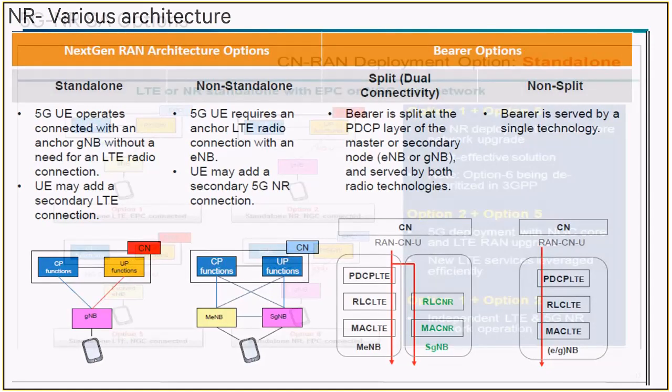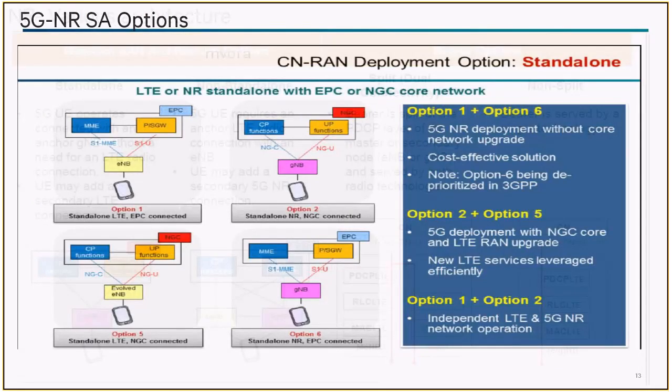So these are the different standalone configurations that are standardized in 3GPP. Not everything is popular. For example, option 1 and option 5 more or less are out of contention. Nobody is going to deploy them. Option 2 and option 6 are two potential configurations which could be deployed. What option 2 intends to do is deploy a G-Node B and a 5G core for control plane function and user plane function, and a 5G only UE. It doesn't need to support LTE, WCDMA, GSM, etc. on the backend.